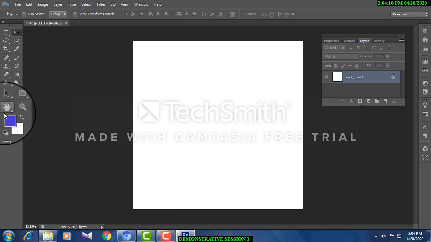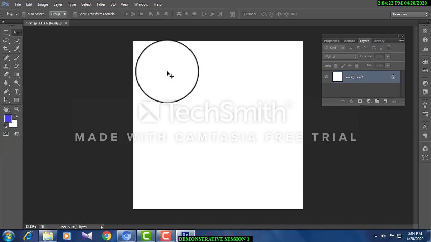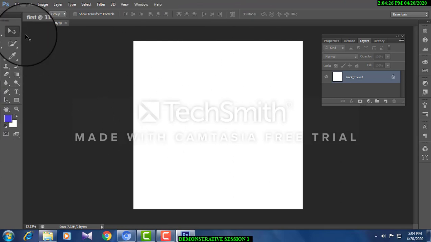And these tools are for navigating. You can move up and down, and you can zoom in and zoom out. All these are given here. And this front icon is for foreground color, and this back is called background color. See the background color. Now I'm coming back to using these two tools.